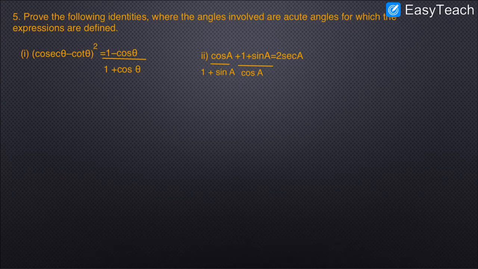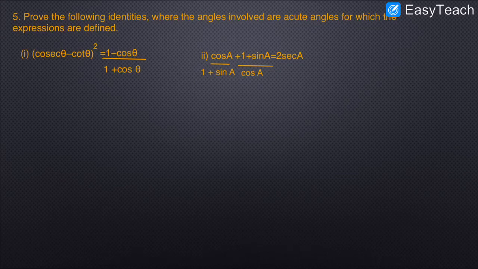Prove the following identities where the angles involved are acute angles for which the expressions are defined. Throughout this fifth question, I think there are 10 questions. All 10 questions are proof type, which means we are going to prove both sides are equal by solving one side. Take any one side, LHS or RHS, then prove it's equal to the other side. See in the first question, cosecant theta minus cot theta the whole square equals 1 minus cos theta by 1 plus cos theta. Here I am going to take the LHS side, which is cosecant theta